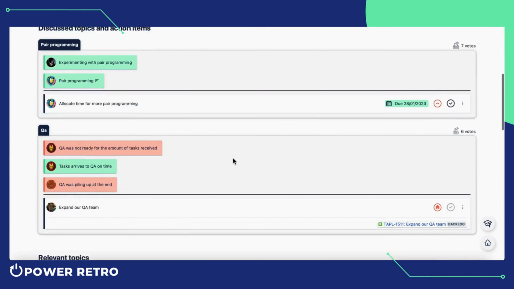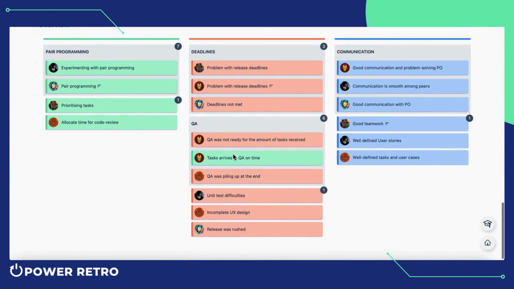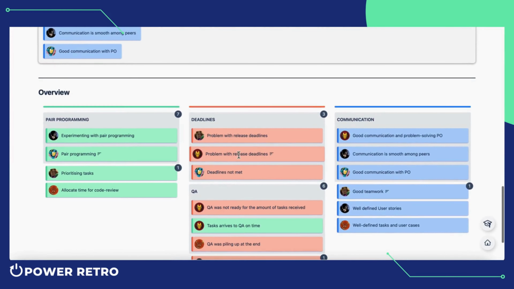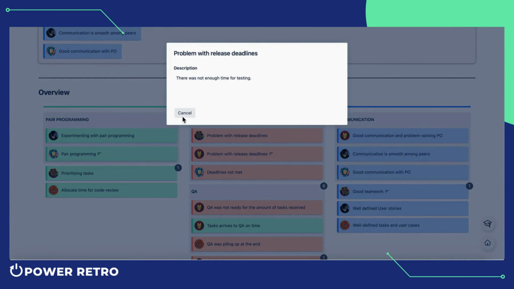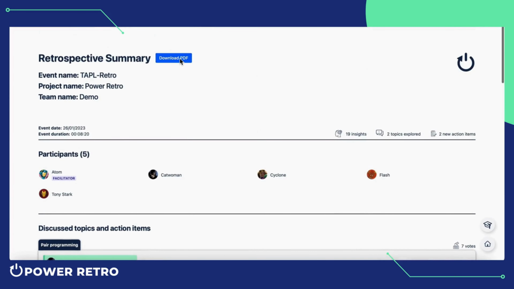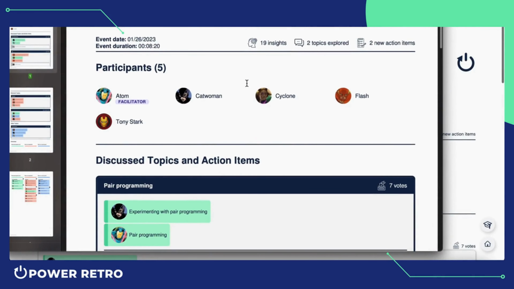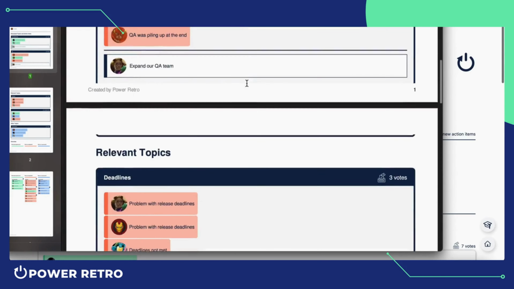On the summary page, you can see a detailed report and overview of the cards, groups, topics, and action items that have been created and discussed. Here you can still check the details of the cards and also add new Jira tickets to the action items added at the previous step. Next to the summary title you can find a button that downloads a PDF version of the summary page to your